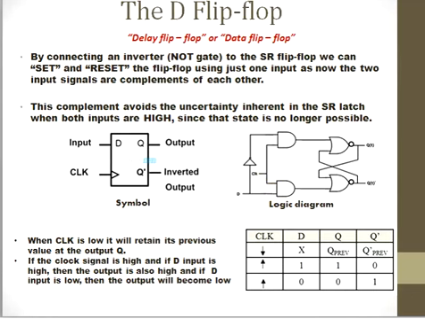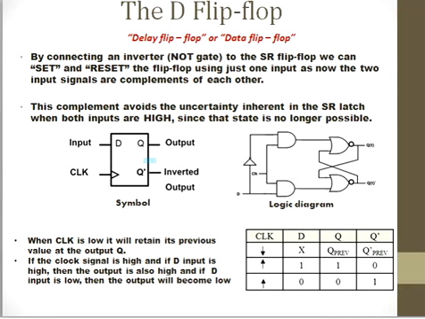It is one of the important clocked flip-flops, as it ensures that both inputs are never equal to 1. Here is the symbol of the D flip-flop, and as you see, it has two inputs. One is the clock input and the other is the data input, and there are two outputs. One is the normal output Q, and the other is the inverse of that. You can also see the logic diagram here. This is the normal clocked RS flip-flop. Here we would give one input here and another input here, but we are going to give input only to one terminal, and the inversion of that will be given to the second one.